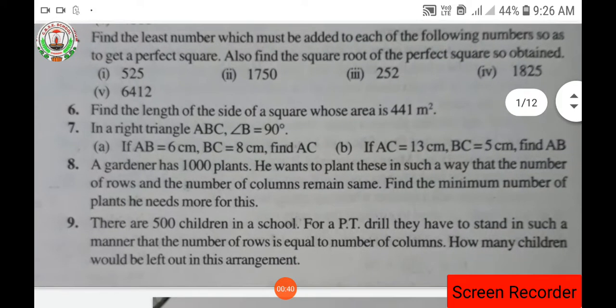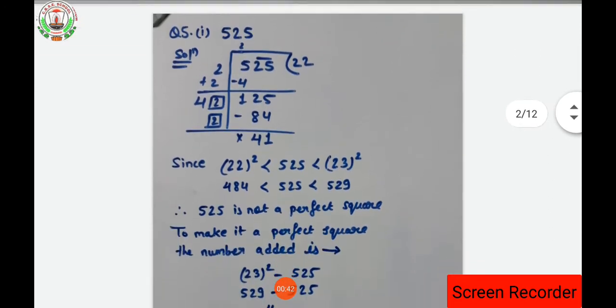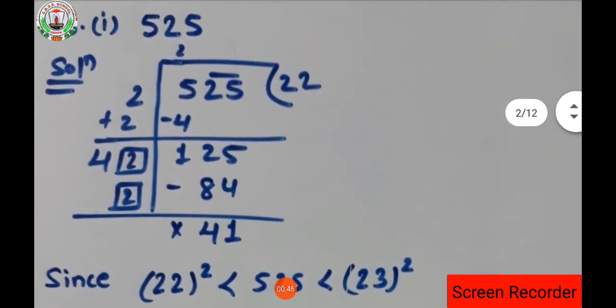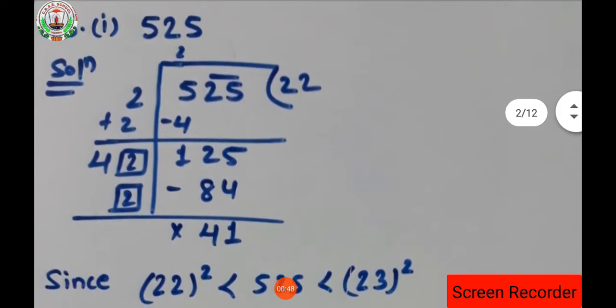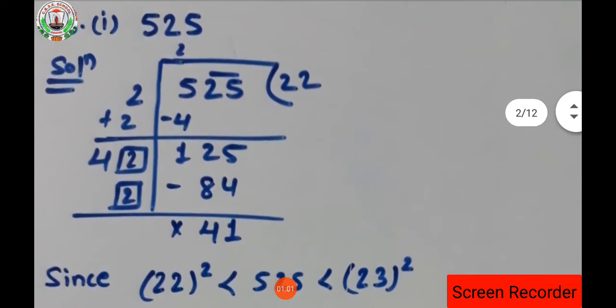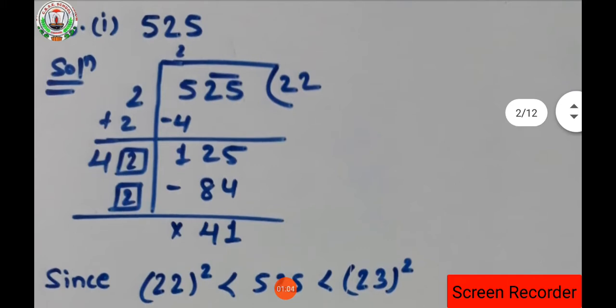So for that we have to find a square root. So how to find a square root? We can find the square root by the long division method. So look, here is the solution. As we know how to use the long division method, we are going to find the square root of 525 by the long division method. So here is 525. We have to make pairs from the right hand side. While making the pairs, we know that there are three digits here, so 5 will have no pair, so 5 will remain as it is.